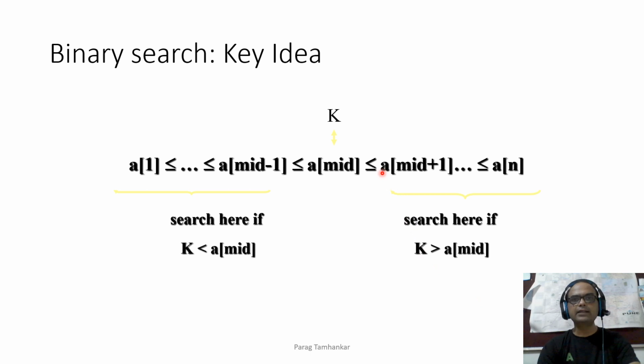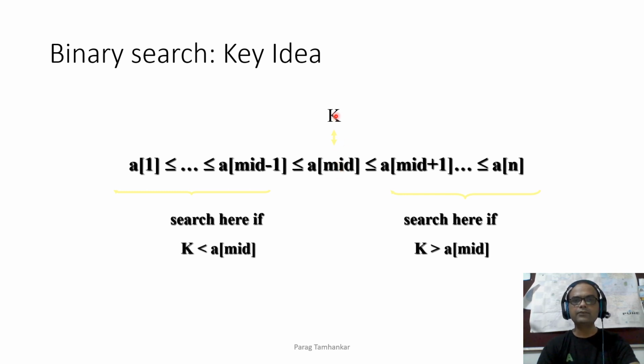So the idea is like this: we are searching a key k, we are directly jumping to the middle position, we are checking whether k is indeed equal to A of mid. If k is indeed equal to A of mid, we will return this mid position, right? This is the position of the element in the array. If we are fortunate, we will get that element in just one comparison.